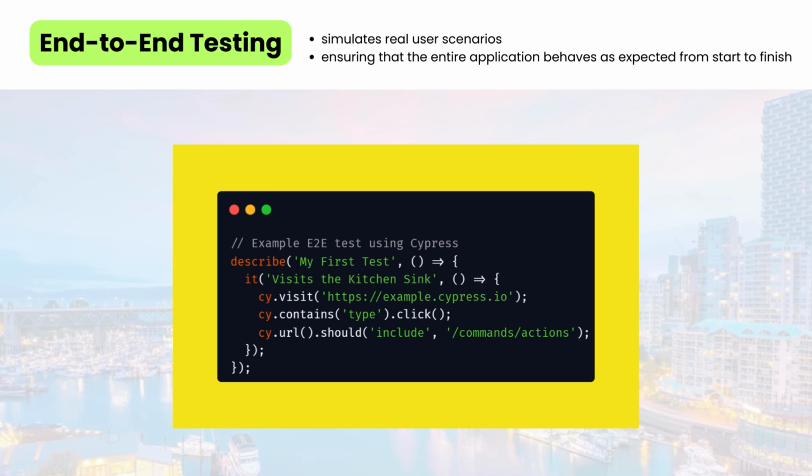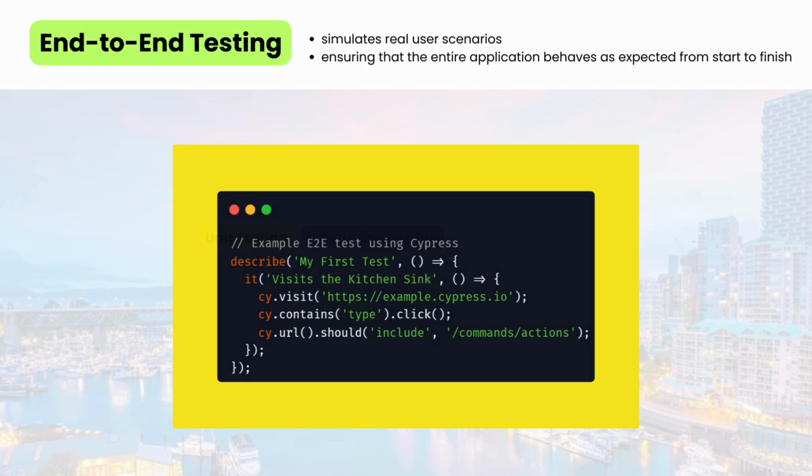Code example using Cypress, JavaScript // Example E2E test using Cypress: describe('My First Test', () => { it('visits the kitchen sink', () => { cy.visit('https://example.cypress.io'); cy.contains('type').click(); cy.url().should('include', '/commands/actions'); }); });